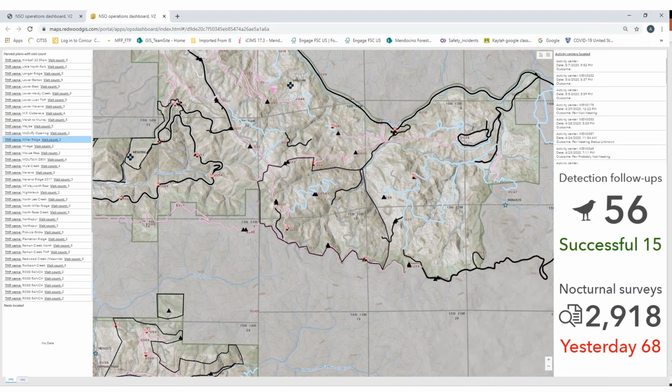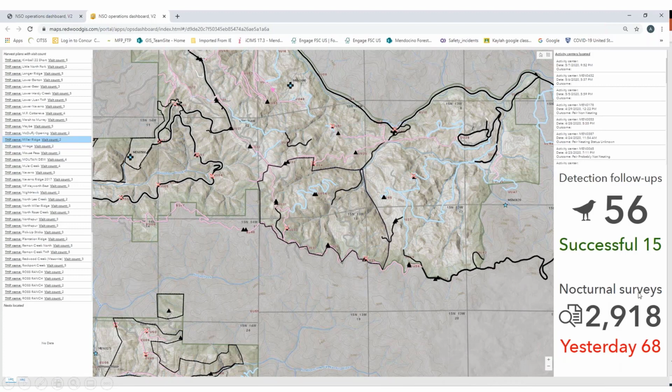And finally, here's a data view that we use relatively often, and we're going to end up slicing this even further, I think, for different folks in our organization, but it's where we are now. On the left-hand side here, you can see a specific THP. A forest manager can go in and say, okay, I want to look at Miller Ridge, and I can see it's been called twice. Hey, I know it needs to be called at least 6 times before we can begin operations. Owl folks, I need you to spend a little more time on that one. I need you to prioritize that one. They're able to have that quick look into the data to see what's going on.